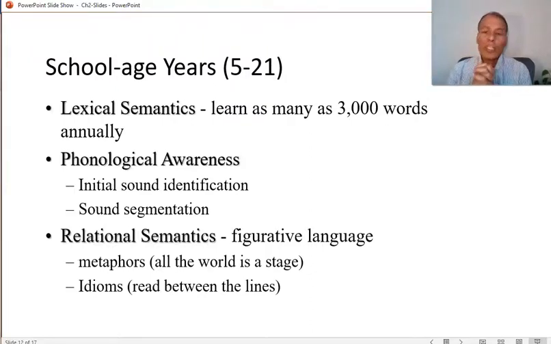Sound segmentation. In other words, if I say the word run, can you segment it into individual sounds? R, U, N. So the child can do these things early, really at 5 years of age. And also relational semantics: children learn how to use figurative language. They master idioms by age 10 or 11, based on what they're exposed to in their culture. So generally, in summary, for this piece,